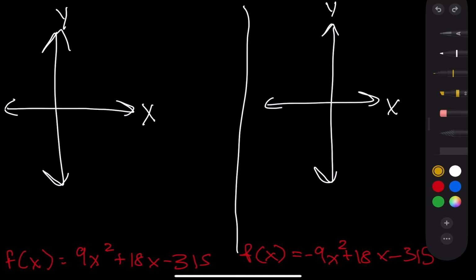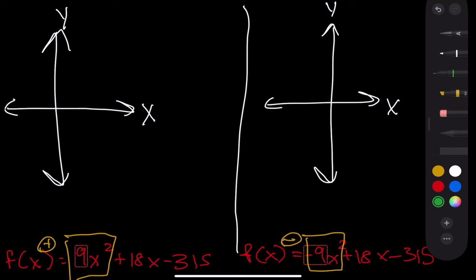So the main difference here is the leading coefficient in these two examples: 9x squared and negative 9x squared. One of them is negative and the other one is positive. However, what's another thing that we notice? The degree that it's raised to is 2, and 2 is an even number,